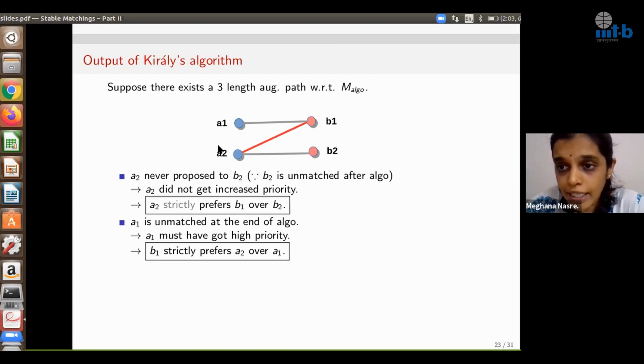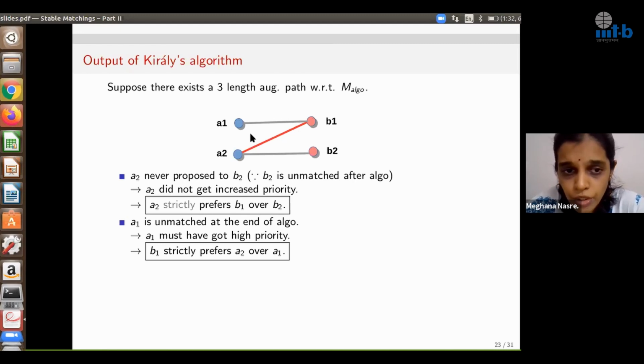Therefore, A2 is at the normal priority or without a star, and A1 is a vertex or a man with an increased priority or star. So if a starred man proposes, and if B1 has a tie between A1 and A2, then it would have been the case that it would have accepted A1 over A2. But since this did not happen, it must be the case that B1 strictly prefers A2 over A1,